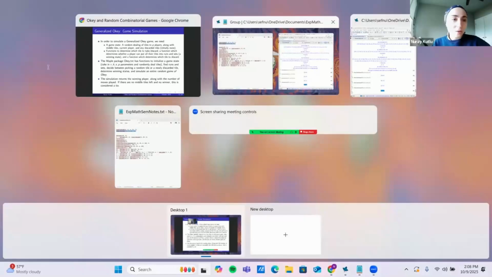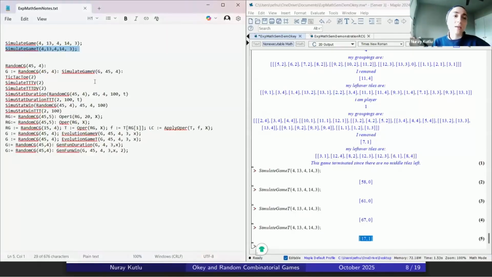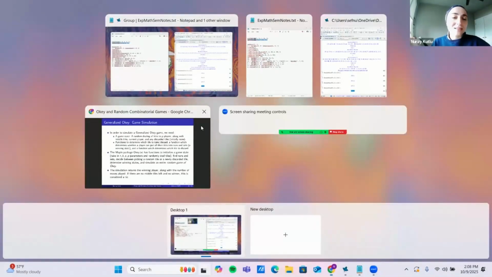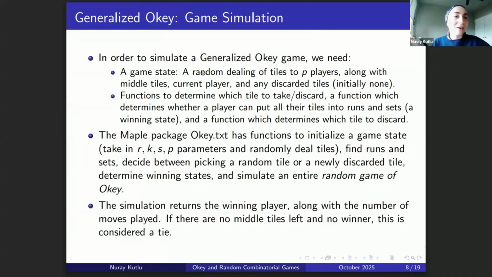This simulate game function can be used for statistical analysis, but if I were to make this game simulation completely random, it's not very useful because nobody ever wins. It's always a tie. So yeah,